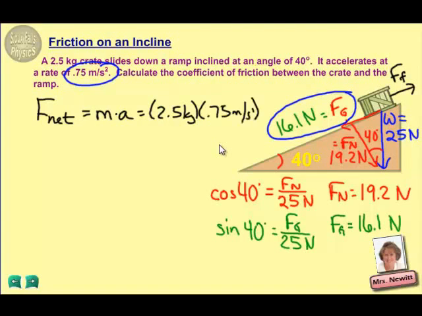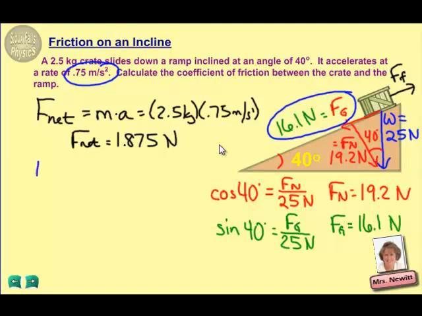And so we can find then that the net force is equal to 1.875 newtons. So if I compare the two forces acting on the crate, 16.1 newtons pulling down, force of friction going up the ramp, the net between those two is